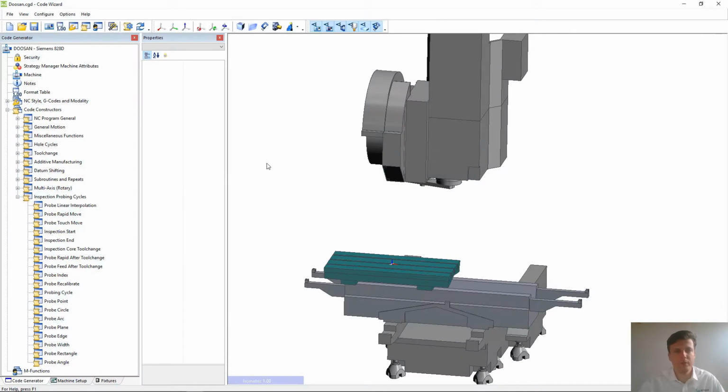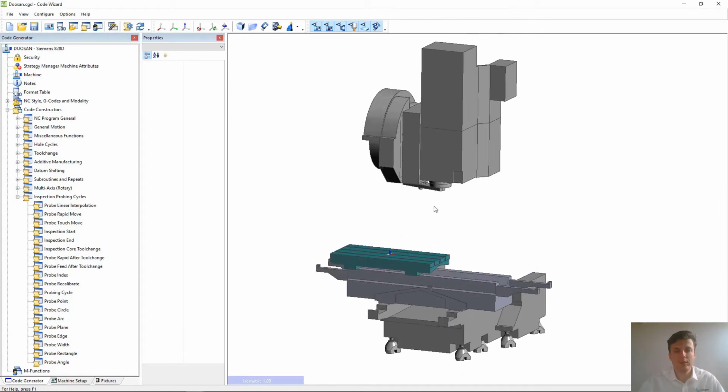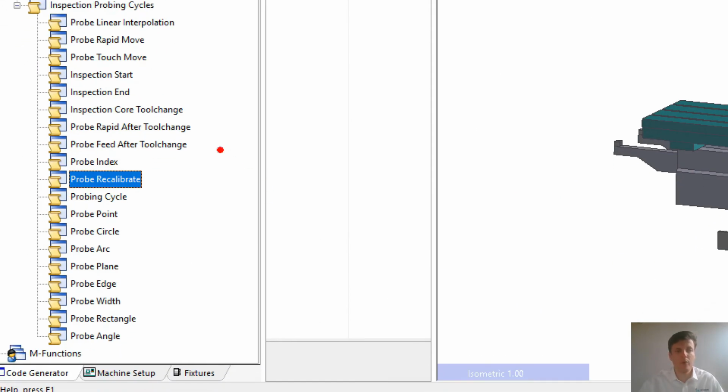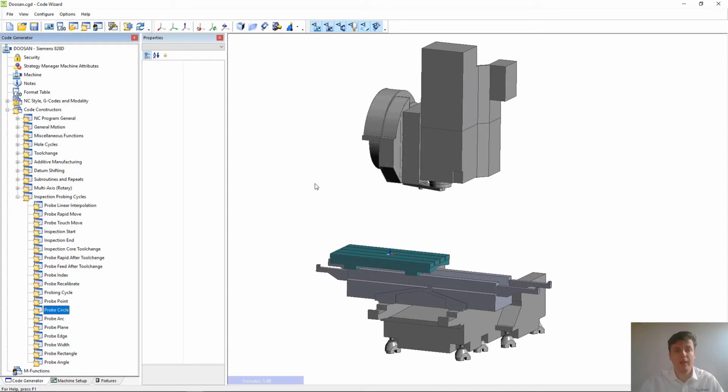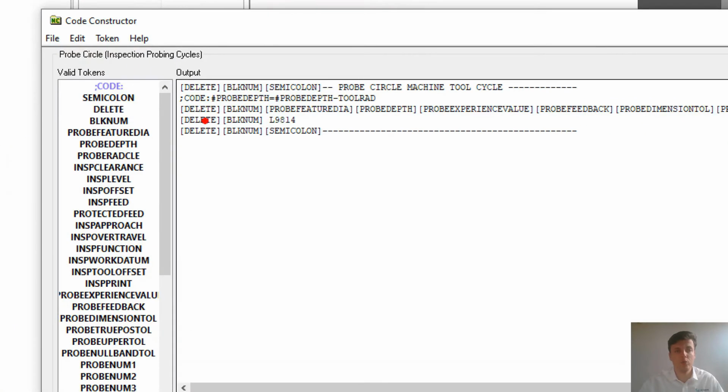Let's start with the simple Doosan one. So this basic Siemens controller, what you have to do is update the template and then configure or add the inspection probing cycles. Once you have the probing cycles, you will have this extra dedicated code constructor area with probe cycle, probe point, probe circle, probe arc, probe plane. You just have to basically open them and then use the tokens to set up your